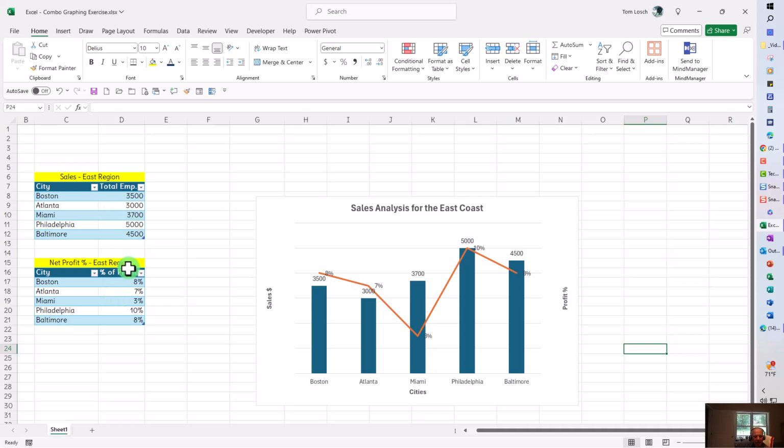I had two tables, and I took that information, created a graph from the first table, then I copied the information from the second table, did a paste special, and chose the secondary axis for the line